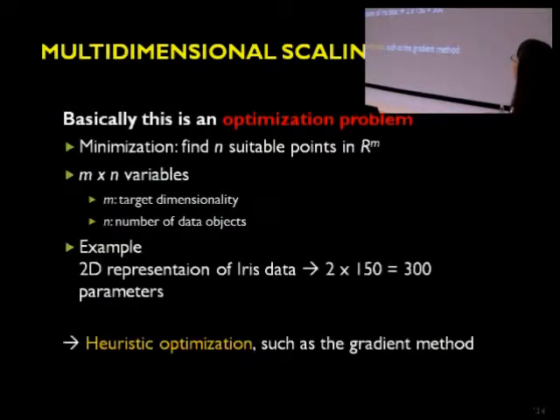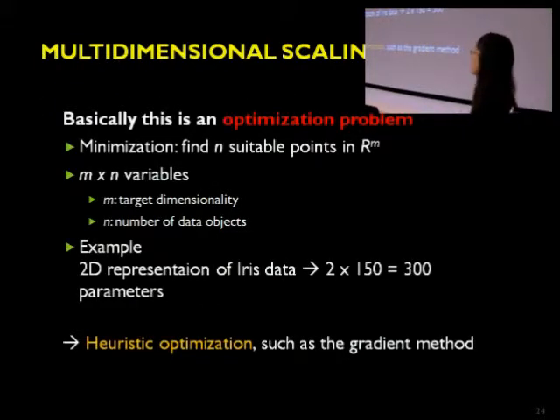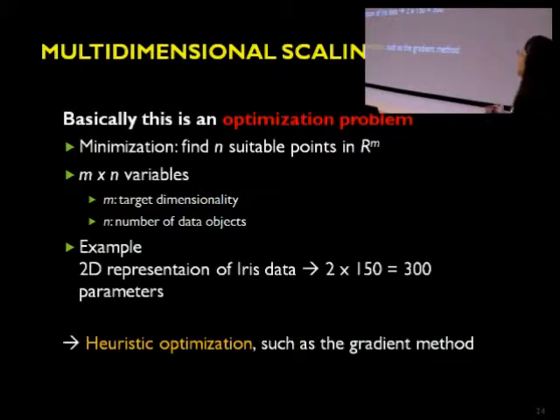I'm not going to talk about what kind of technique you apply for this optimization, but as you can imagine, there's a real need to optimize this process because the parameter space is really big. Given 150 data points in the Iris data, the parameter space is 300. So when you try to project it to 2D space, you have to take some heuristic optimization to run